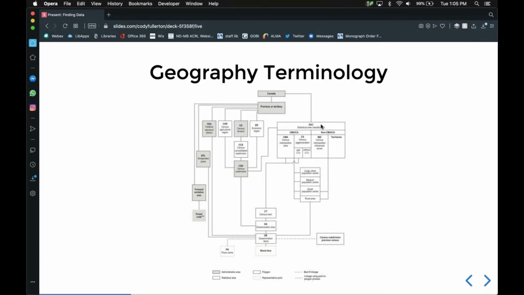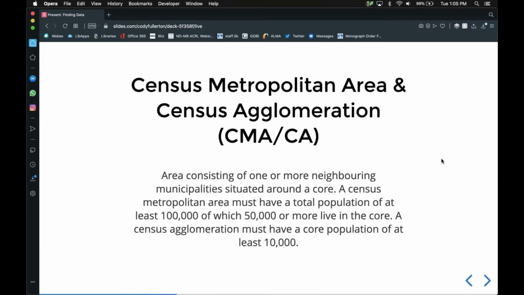And those will be on the next slides. So this is kind of just a really nice breakdown of how StatCan organizes their data geographically. And you can even look at the same data across different levels of analysis. Okay, so the first one of the major ones, you might have heard this before, is Census Metropolitan Area, or